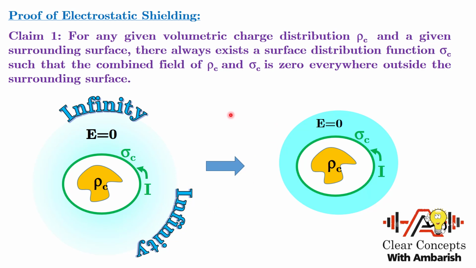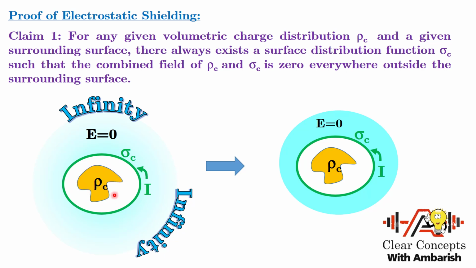Now what is the logic behind that? I can do a thought experiment. Imagine that you have an infinite metal matrix, and in that you have created a cavity of the surface exactly like the one on which you want to distribute sigma c. So you have created a cavity in the infinite metal matrix, and in that cavity you are imagining the same charge